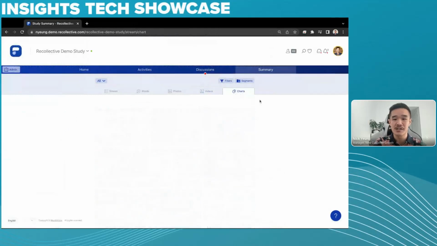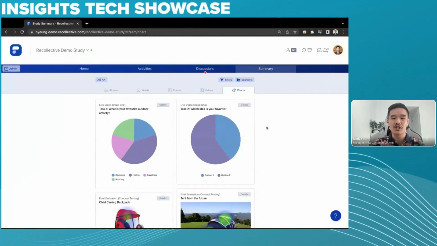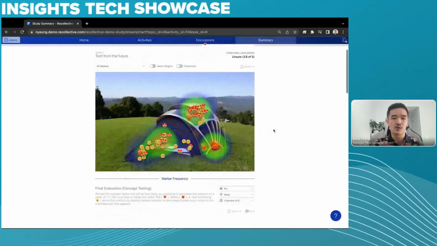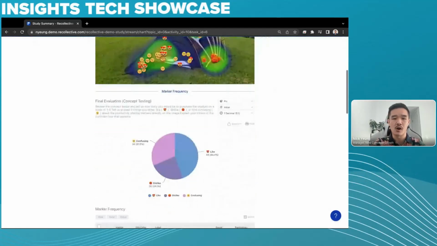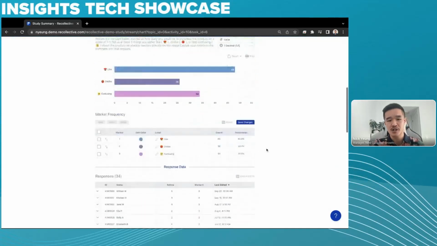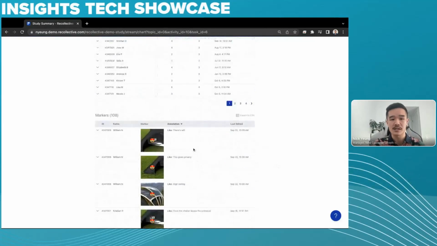The last section here is charts. The general rule of thumb is that any quantifiable data that you have on Recollective will generate some type of chart and graph for you. Now, all the data outputs will be a little bit different depending on what task types you use, but generally they'll all have dynamic pie charts or bar charts that you can modify. You can change the colors, the labels, and all of them will have your annotations or qualitative data at the